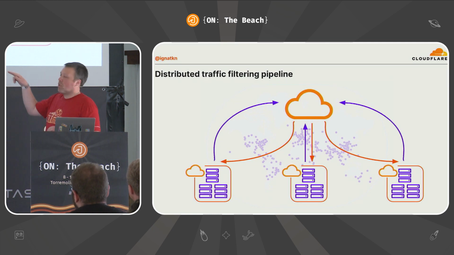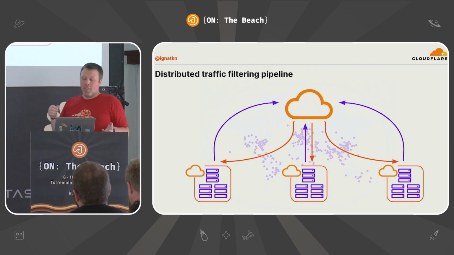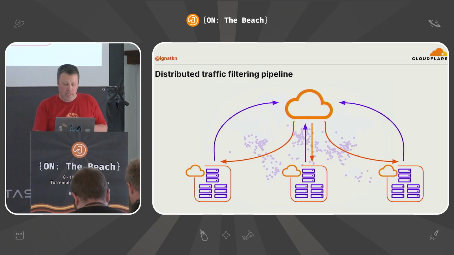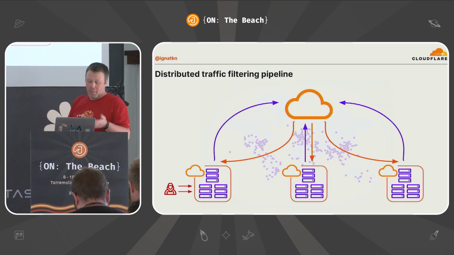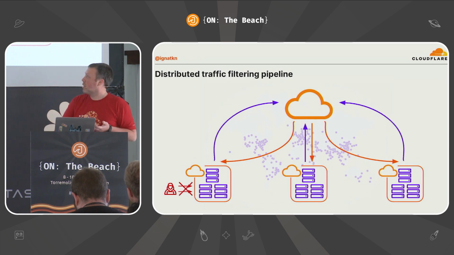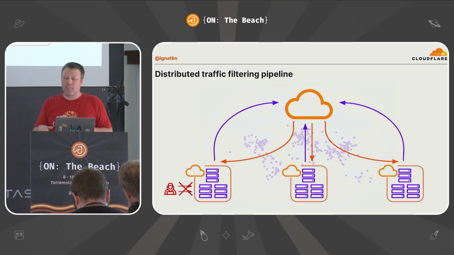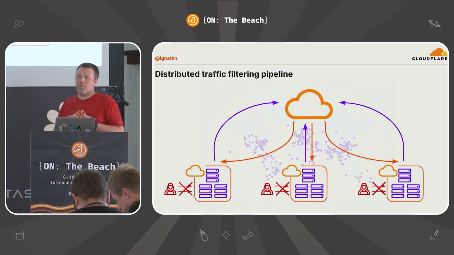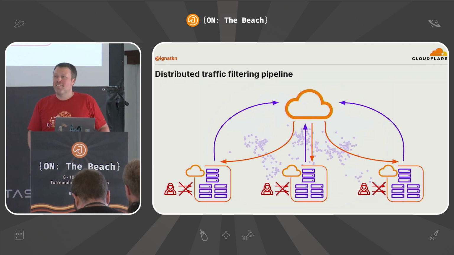We also have localized versions for faster feedback. So for example, if a new attack is coming, we don't have to wait for all this propagation to happen in the central location. And the nice property of it is, if one of the data centers sees the attack, the local instance of the DOSD quickly learns about it and generates programs to block that attack efficiently on the NIC layer, but then it also feeds back the information to the centralized system, and if we see the same attack on every other data center, we can also block it as well already.